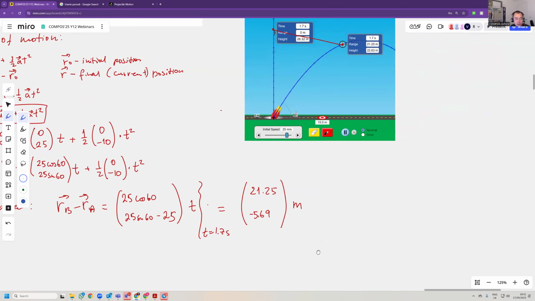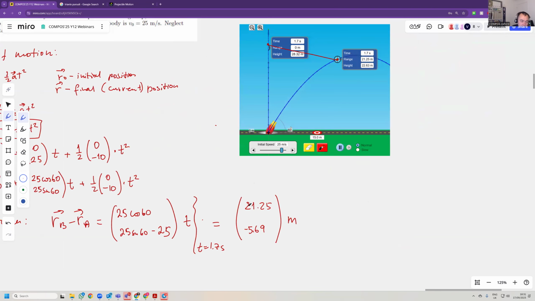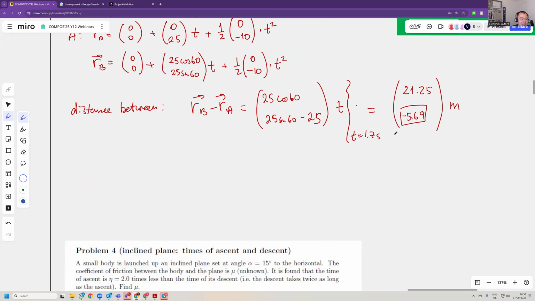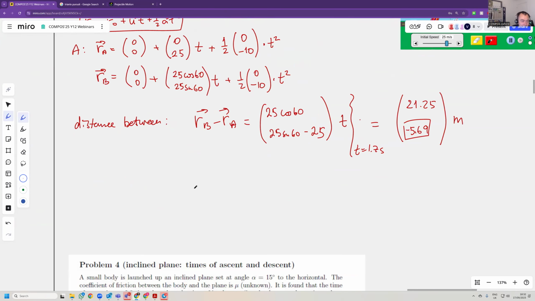Well, that means that horizontally, the distance is 21.25 meters, and we can see that. This is 0, and this is 21.25. So that's the horizontal distance. And the vertical displacement from A to B is minus 5.69. And you can see it here. So it matches. And now the distance between is just the modulus of RB minus RA